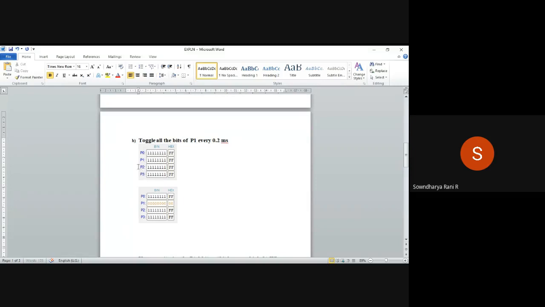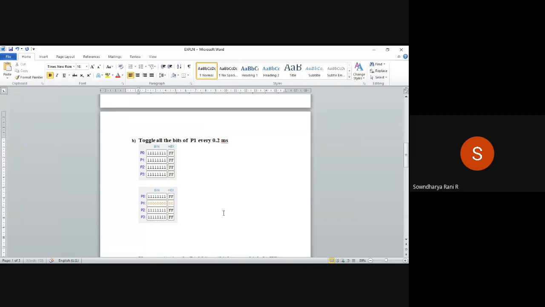The diagram is shown here. You can see P1 is all ones here, and in the second diagram it is all zeros. You have to write a program, and the delay is 0.2 millisecond, so for every toggle it should continue for 0.2 millisecond.